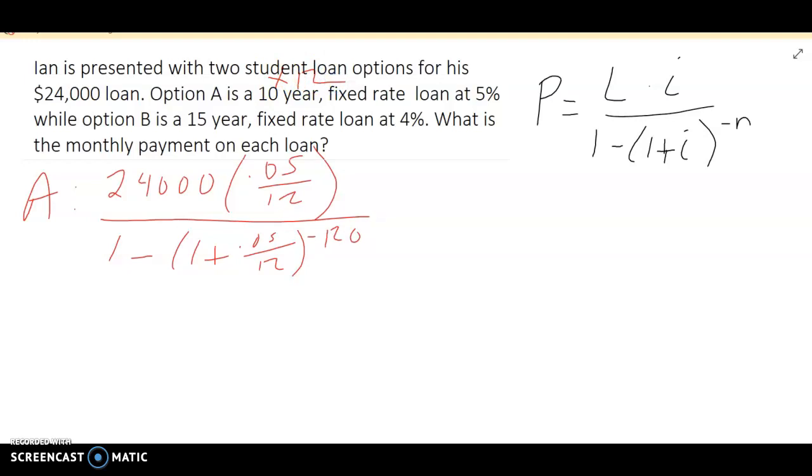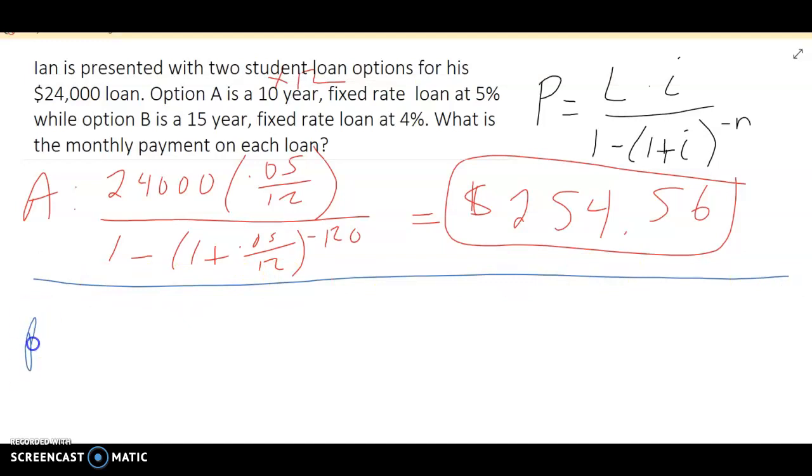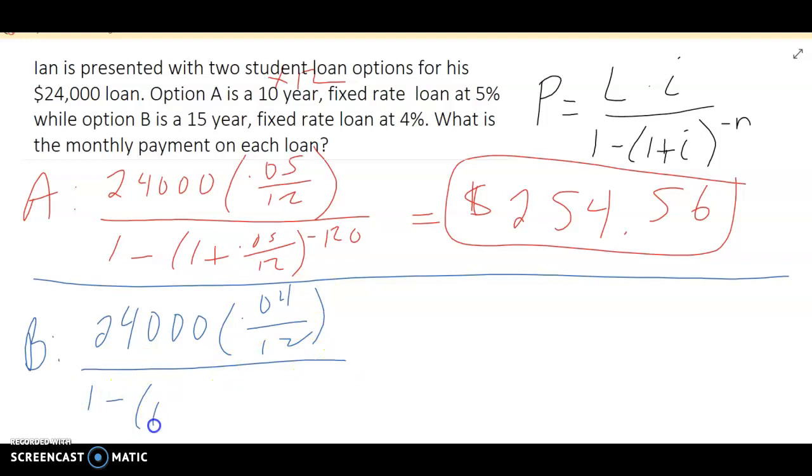Now, I'm not going to walk through step by step, but if you put that in your calculator correctly, you will get a monthly payment of $254.56 rounded to the nearest penny. So that's option A. Option B, we're still borrowing $24,000, but now our interest rate is 4%. So 1 minus, so it's a little bit longer term, but the interest rate is less. So now we're at negative 180 because 15 times 12 is 180. So again, you plug that into your calculator and you get